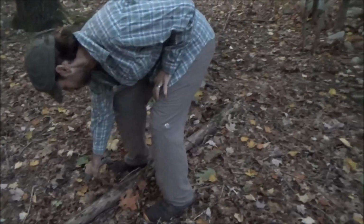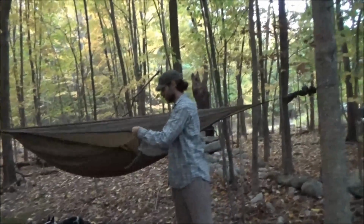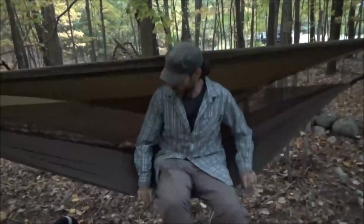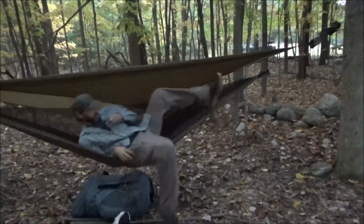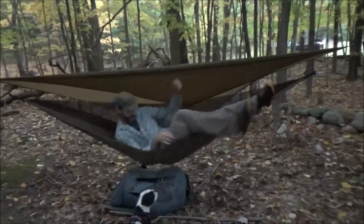You take one side off. Now I just unhook this little bungee here. This just spreads the inside. Then I throw it over, push this in. Now it's a chair. Oh, look at that, the part where it's a chair. Neat. Then you can lay on it like a hammock. Just a regular hammock. Right. And then